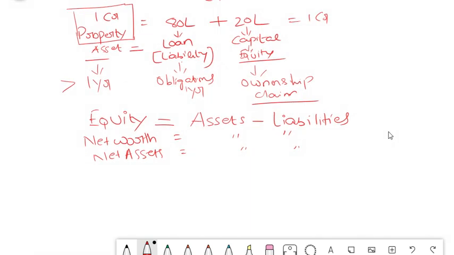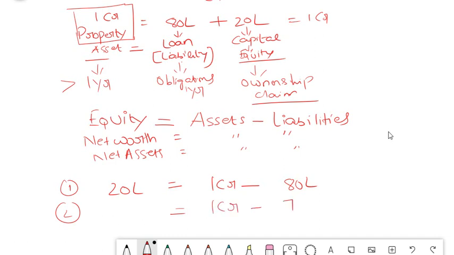In the same case, if you apply the same formula, what will you get? 20 lakhs is your equity, and 1 crore is your asset value, and your loan is 80 lakhs. So it is matching. Now this is your first year. Now second year, if you have got some profit of 10 lakhs and you have paid another 10 lakhs out of your loan, then what happens, friends? 1 crore minus 70 lakhs. Assuming you have a profit of 10 lakhs, then 1 crore minus 70 lakhs is nothing but your capital.